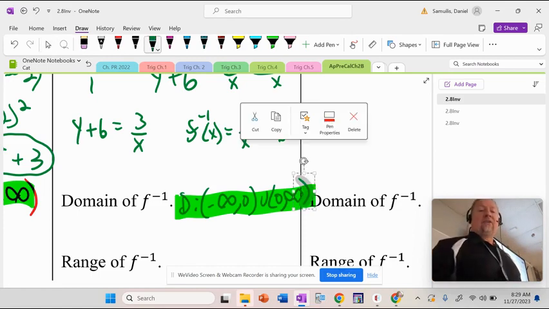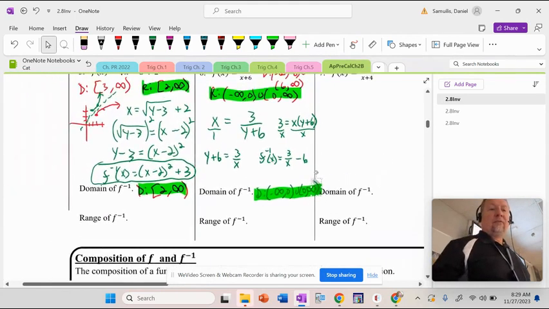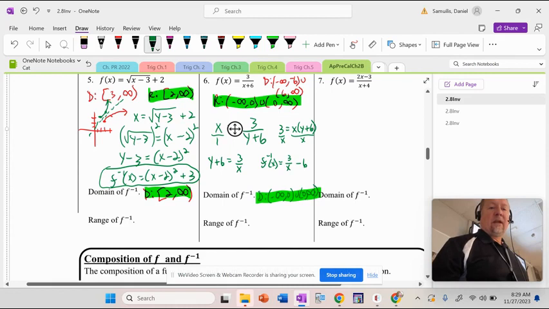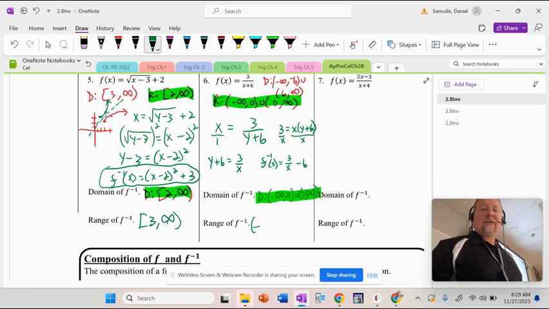All right. And then I didn't do this on this one. So the domain of this one is the range of this one. So this is 3 to infinity. My bad. Okay, I got it. And then look at this. This is the classic. You probably forget this, but this is the